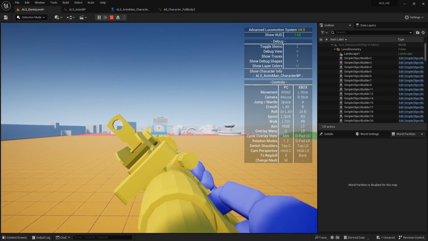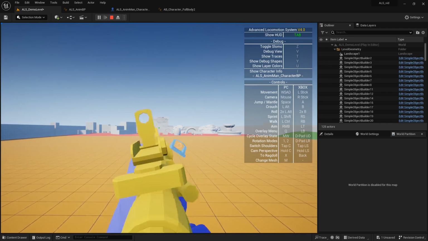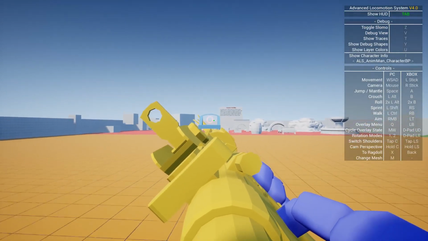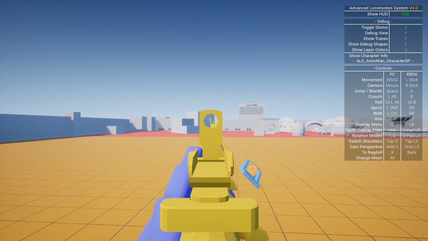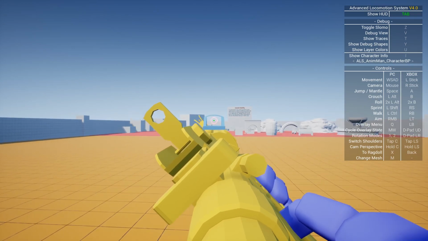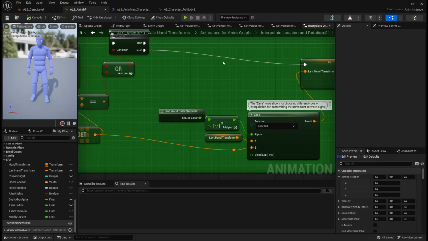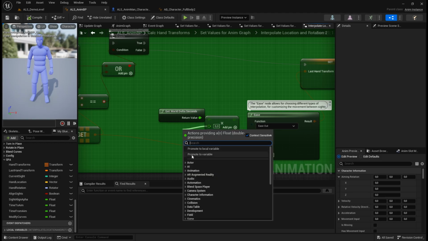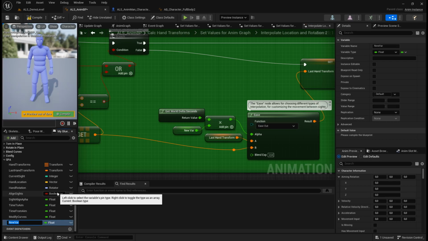And if we hit B to switch sides, the transition is smooth now because it's interpolating. And this way works, both sides. Firing while aiming also works with both sides. I almost forgot to make a variable out of this, so we can control the speed of switching from one side to the other during the game. So I'm going to call this cycle side speed